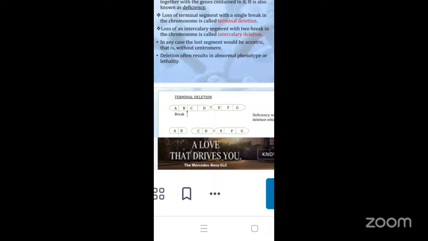Aneuploidy is the condition in which individual chromosomes are added to or lost from the somatic chromosome complement. It usually results from mitotic or meiotic non-disjunction. Aneuploidy is of two kinds. Hypoploidy is the aneuploidy due to chromosome loss. The first is monosomy,